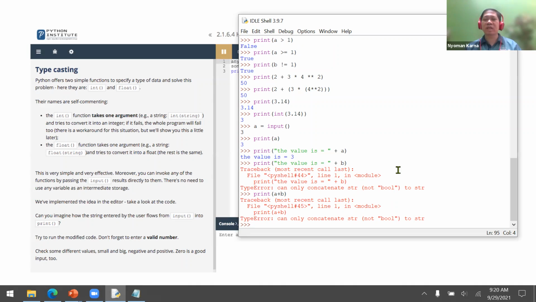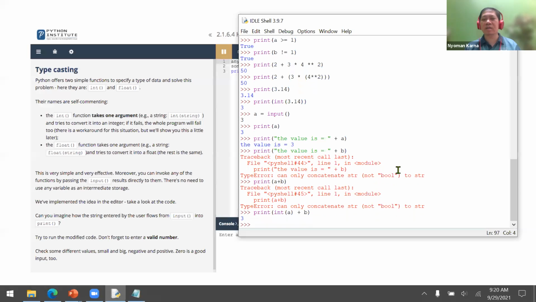So to change the data type of the string in A, we need a casting function. For example, like this, print. We can use int, or integer, of A, then we can add it with B. So A with the value of string 3 will transform to become an integer.